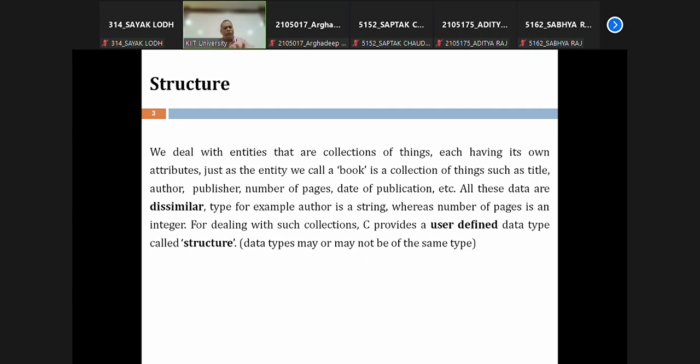So if we compare this with your array, when we declare an array it consists of a lot of data having a single name, and every data in an array can be identified by putting an index like, let's say, bracket 0, bracket 1, or bracket 2, like this. Each data can be thought of as a data member in an array. If I consider each element is a data member in an array, comparing that, I can declare a structured data type,